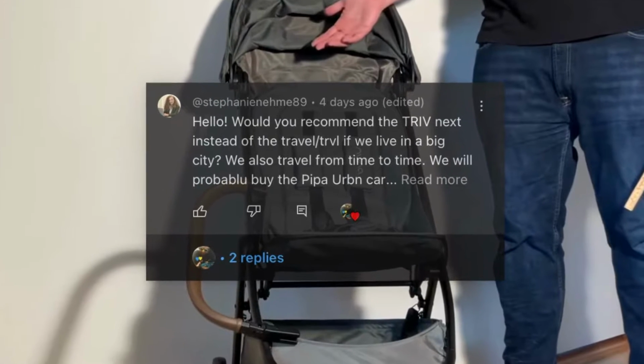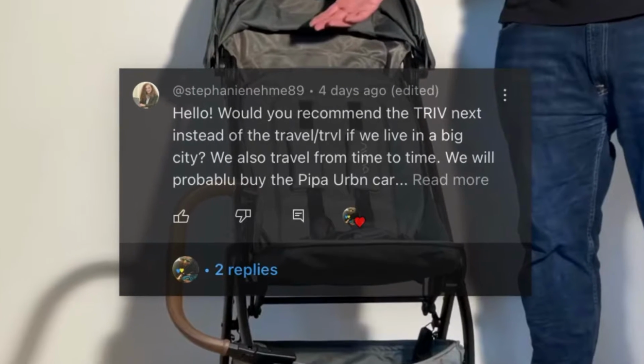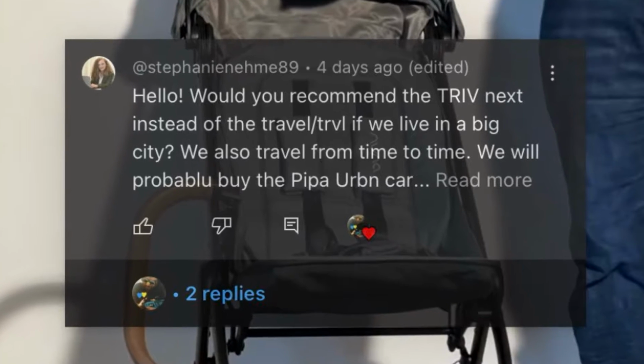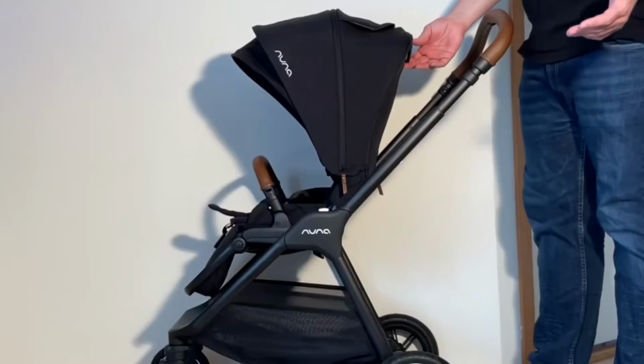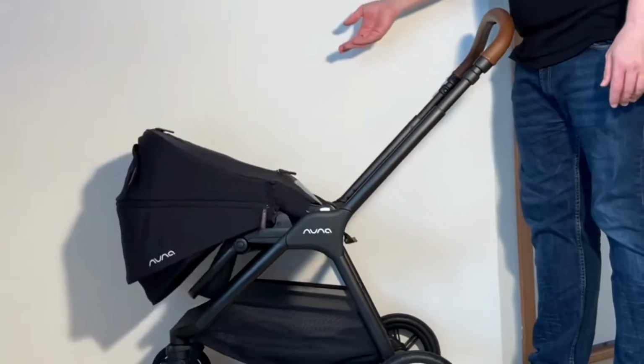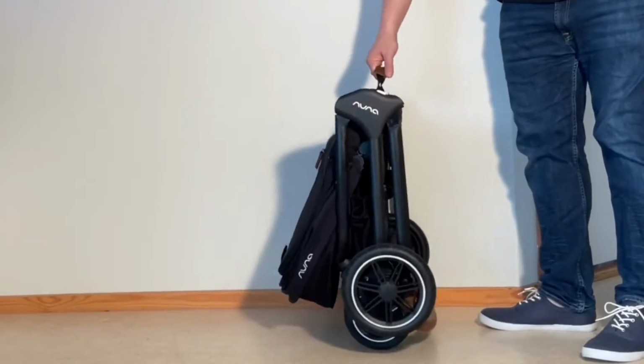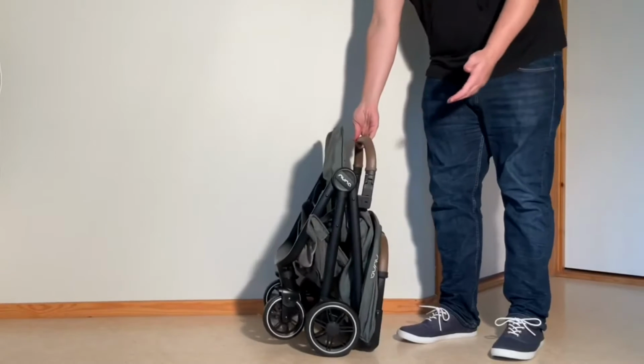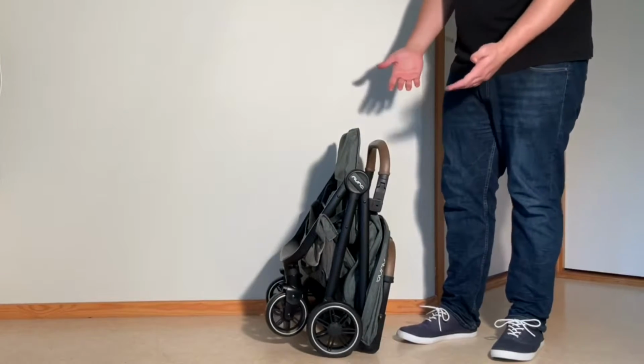So we recently got a question from a viewer asking for a comparison of the Nuna TRVL and Triv Next, primarily for urban use, but also to some extent for travel. And as these models have come up before in conversations with patrons, we thought it'd be worth doing a proper comparison. So let's jump straight into it then, looking at the advantages and disadvantages of each model in turn, and